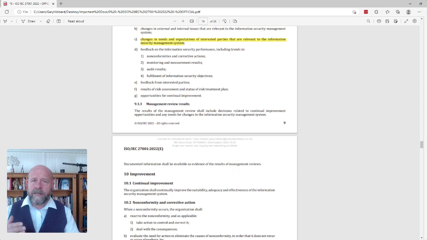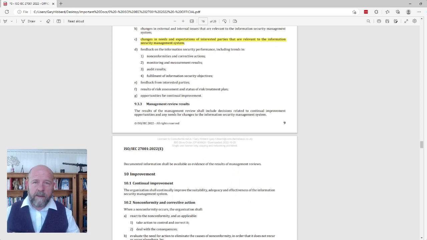So any key actions, any decisions that have been made, we can track on a separate Excel spreadsheet, which allows us to go back historically and look at what decisions have been made. And there you are. The final line in this, the line that has always been there: documented information shall be available as evidence of the results of management reviews. So that is minutes or whatever it might be.